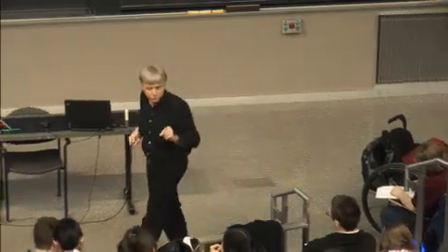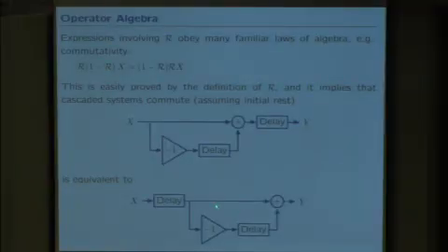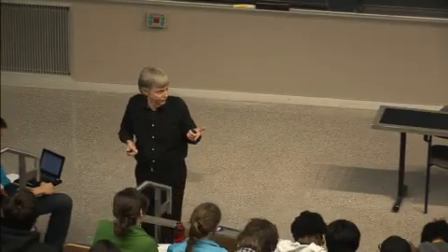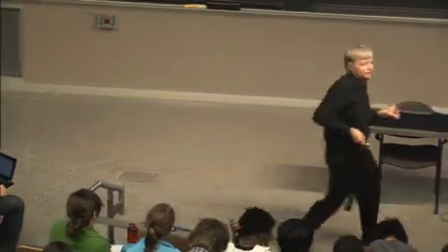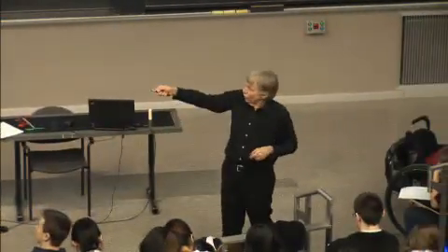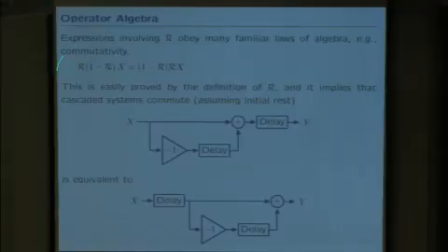So there are two ways to get from the input to the output. Similarly, here there are two ways to get from the input to the output. One of them goes through a delay and then goes through the adder. The other goes through two delays and a -1. But that's the same two signal paths that were in the top one. So that's a way of using the block diagram to prove a relationship about the operator. What I've just shown is that the operators obey commutativity. So I was able to show that I can commute these two operators.